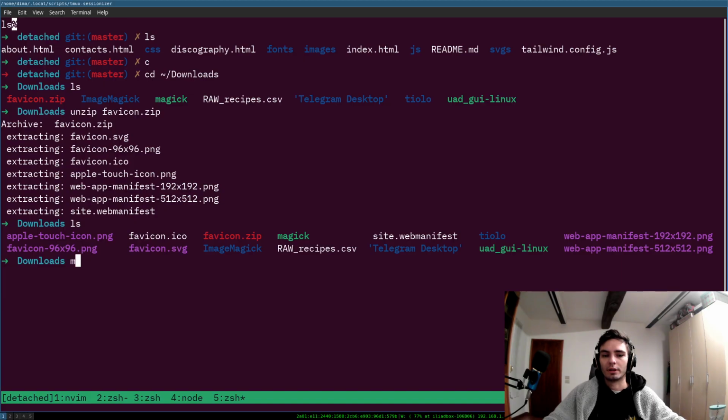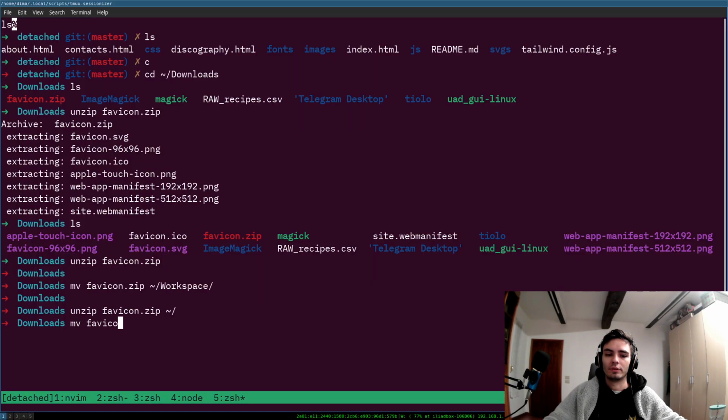I absolutely regret that. I just unzip it straight up there. No. So move favicon zip into